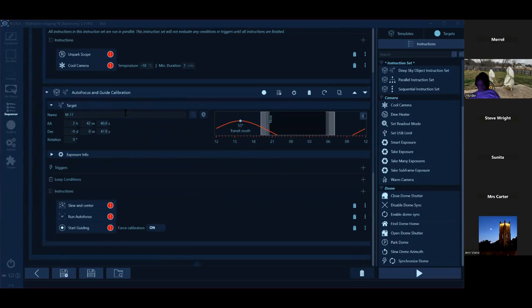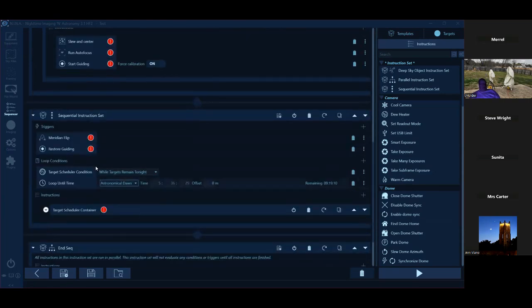So I went in and added, I would go select the target that's going to be near what I'm looking at doing, or just near the meridian. And find your perfect spot to where you'd want to do an image or your guiding calibration. So do autofocus calibration. Then it's going to do